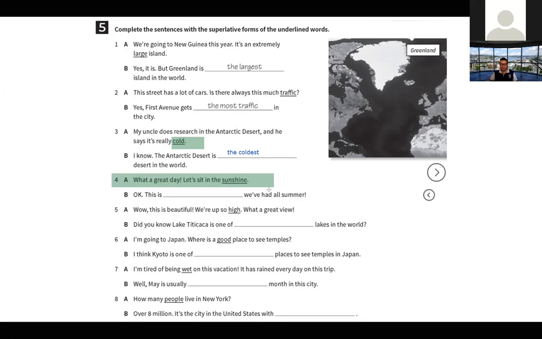What a great day. Let's sit in the sunshine. What do you think? Okay, this is we had all summer. Sunshine. How can you make the superlative form of this word?